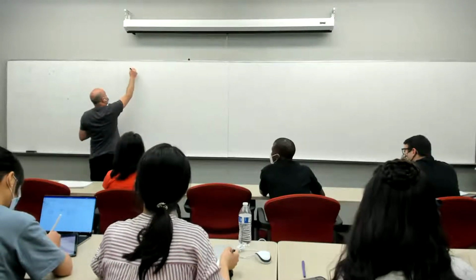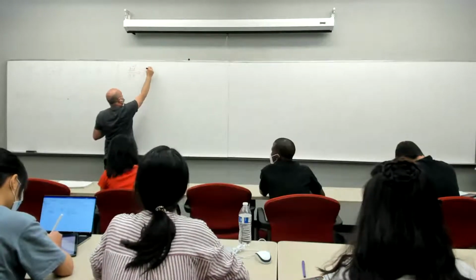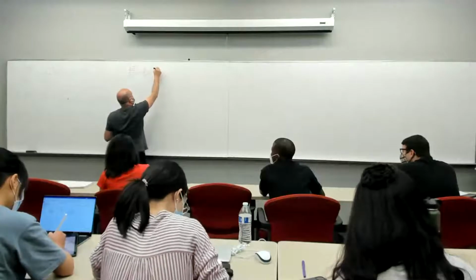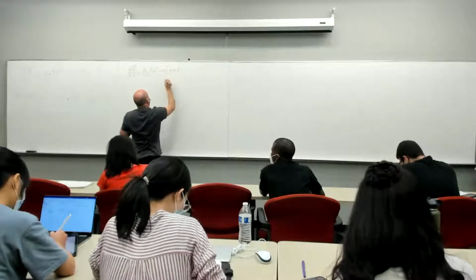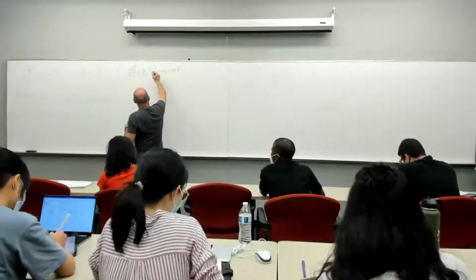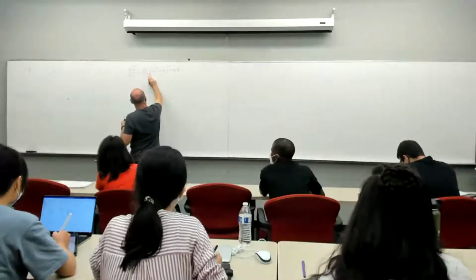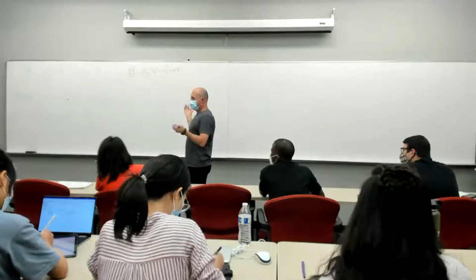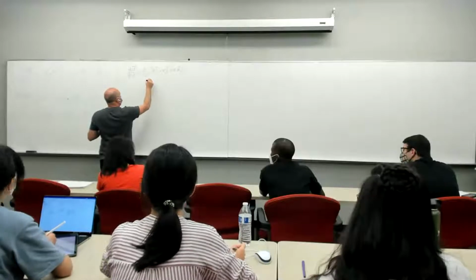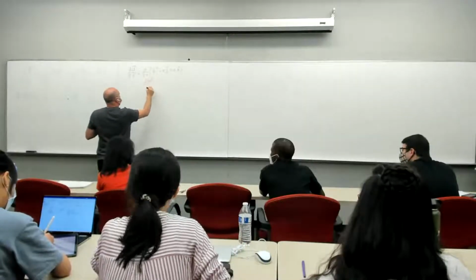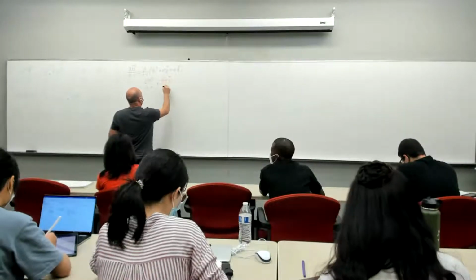So du vector by dx is really d by dx of the u vector, which is ui plus vj plus wk. Now this is going to be important because each one of those terms, so d by dx is a linear operation, so the derivative of the sum is the sum of derivatives. Agreed? So this means that this is equal to dui, all of it, by dx plus dvj, all of it, by dx plus